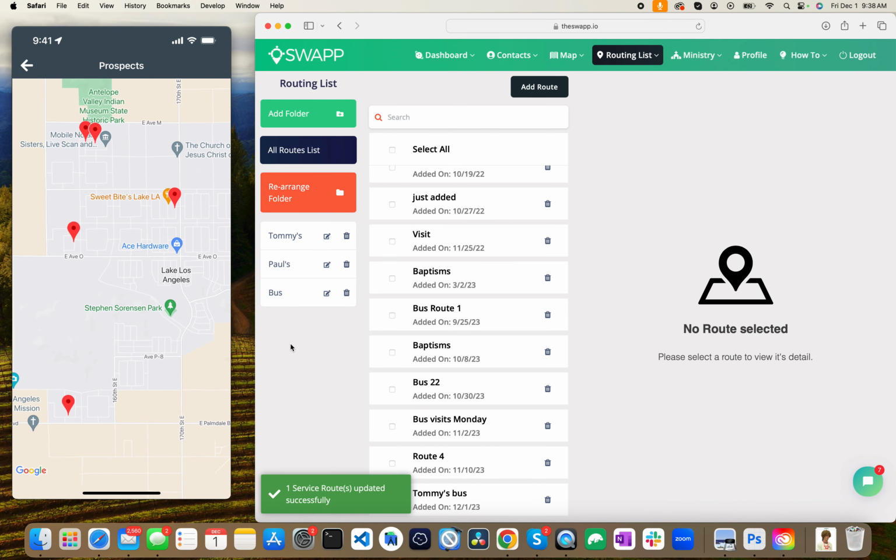Everything in our app is organized the same way. You have folders they can be organized into over here, and then all the individual items. And so that's how that works, and that's maybe even a little deeper than you asked, but thanks for asking,